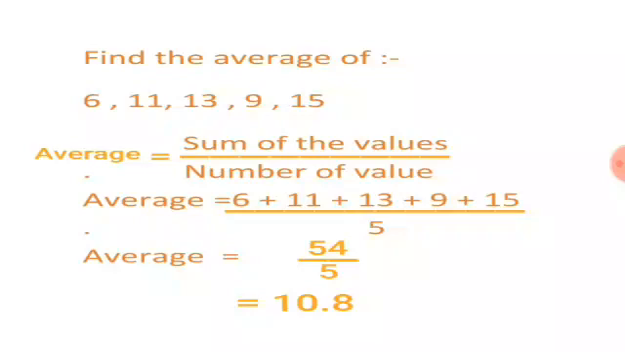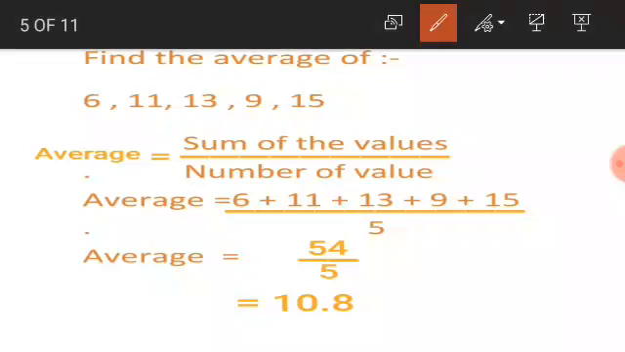Firstly, we will write all the numbers which are given here, and after that we add all the numbers. We add 6, 11, 13, 9 and 15 and divide by number of values, that is 1, 2, 3, 4, 5. 5 numbers are given here, so we will divide it by 5. When we add all the numbers, we get 54. And when we divide 54 by 5,